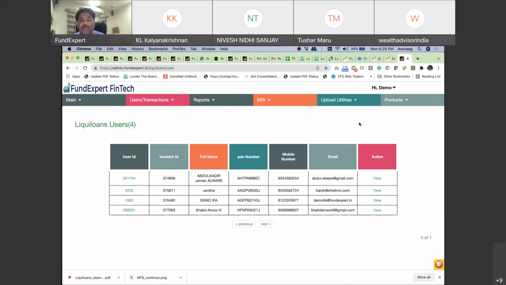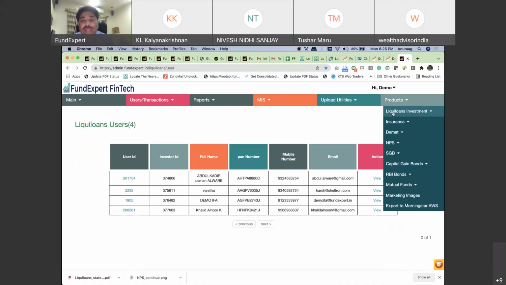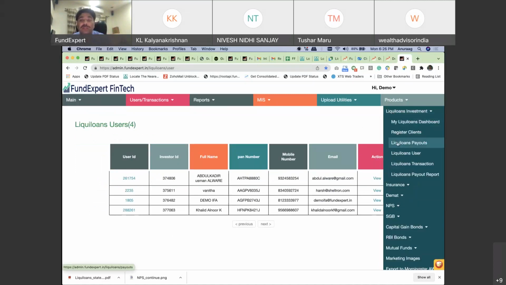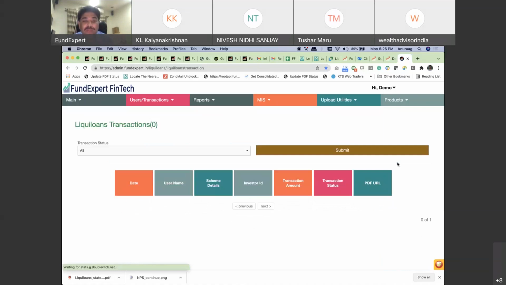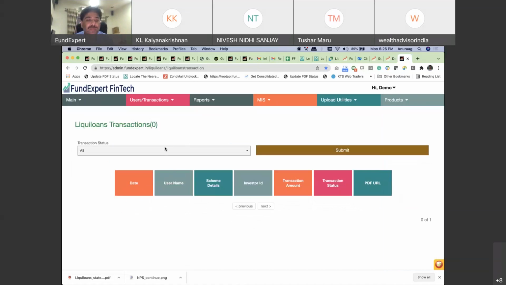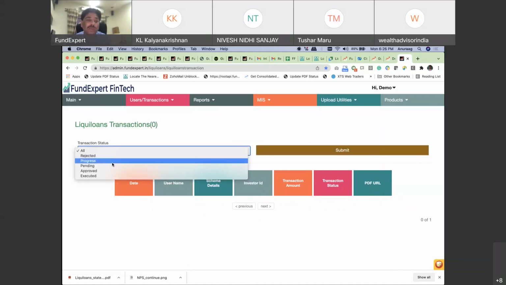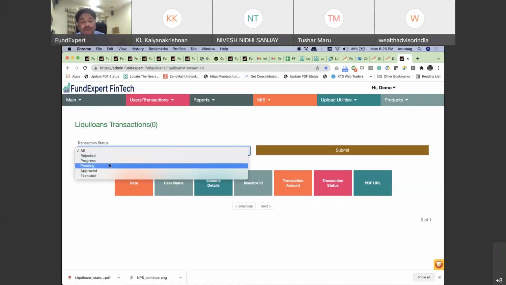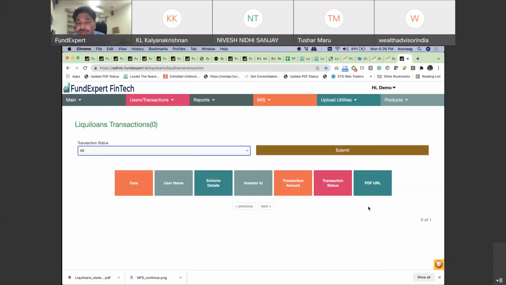These clients already have their payouts set up. They may not have invested, so your transactions may or may not be there, but whenever they invest, you will see it. Whenever these clients invest or do any transactions, it will appear here. You will see different transaction statuses: rejected, progress, pending, approved, executed. Approved means the payment has been approved. Rejected means it failed. Progress or pending means it is somewhere in between: payment has either not come or some step is missing from the customer onboarding. Executed means it has been executed, and you will receive a PDF URL here, which you can click to download the PDF and share the transaction of the user. So that covers all the transactions you do here.